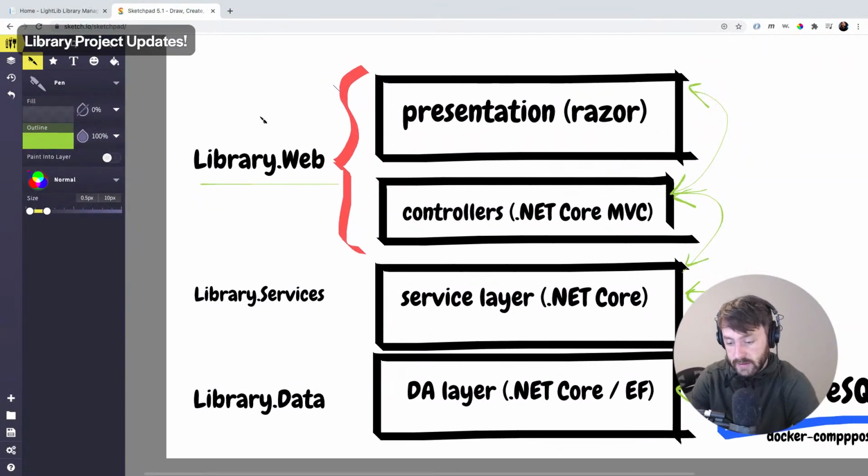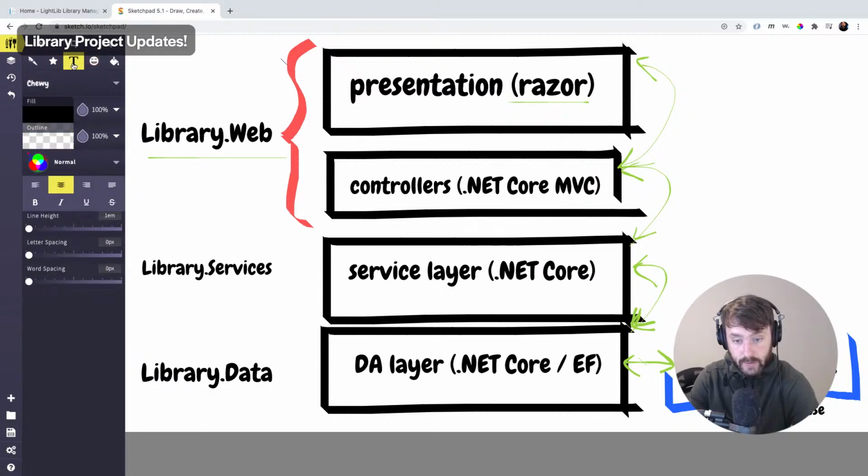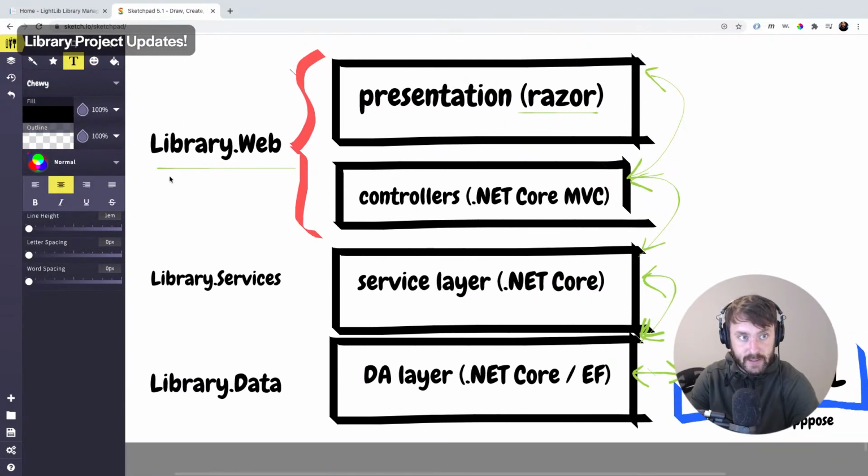It might be cool to eventually wire this up to use Blazor, maybe either WebAssembly or server side, but we're using Razor here, and we have .NET MVC, which can take care of the models, views, and controllers and everything. We could put the models here, but what I'm proposing for the current update to the project is that we also just have this